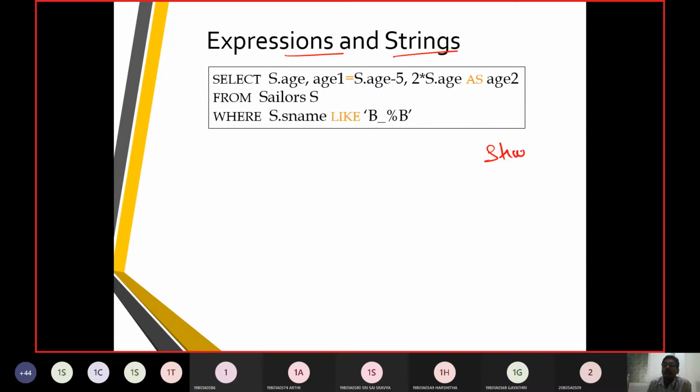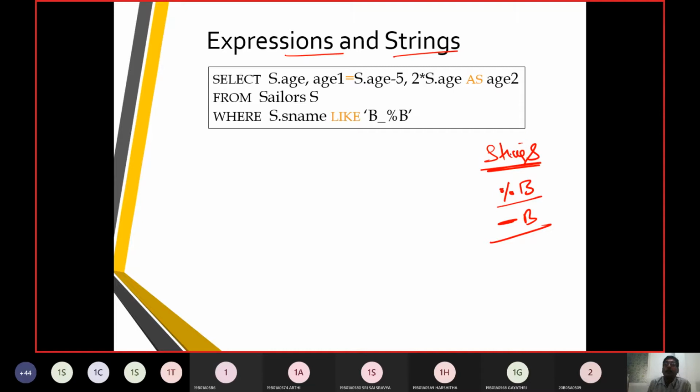Now we have wildcard characters. When we are working with strings, we have wildcard characters. One is represented with percentage, and another is represented with underscore.